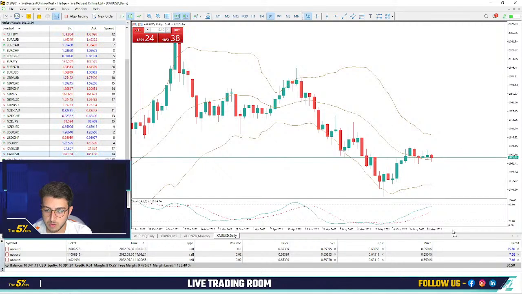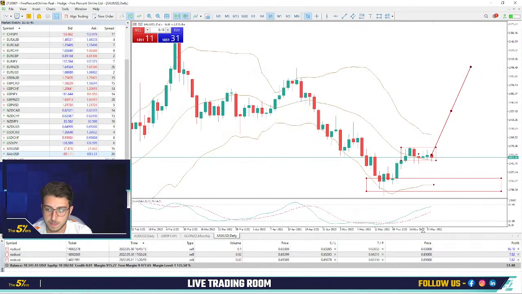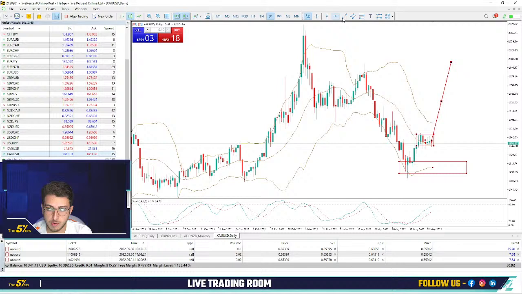Let me remove that. Okay, this is quite an accumulation here. You see this type of movement with very low trend. It's like accumulating to have a huge breakout. I expect it to be on the upside. Again, if we go lower than that, we might have some buying here. We might have a double top, but from here I only see trading gold on the upside.